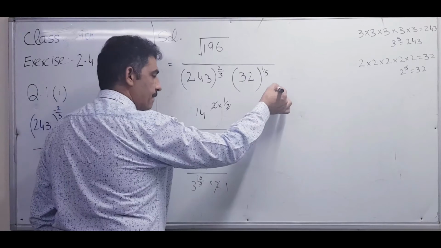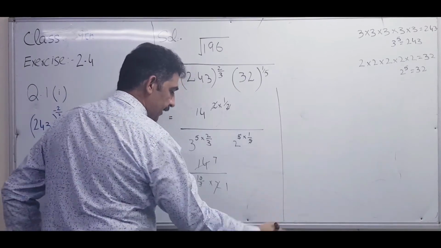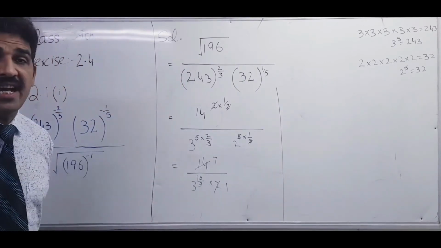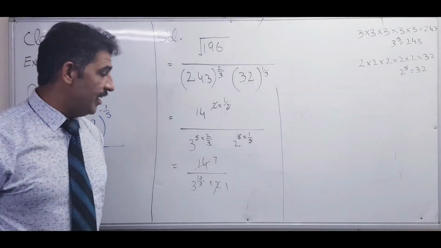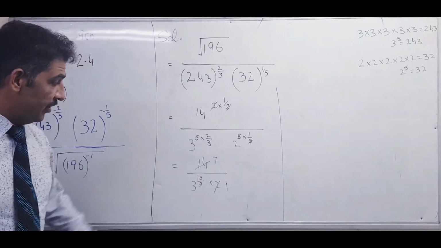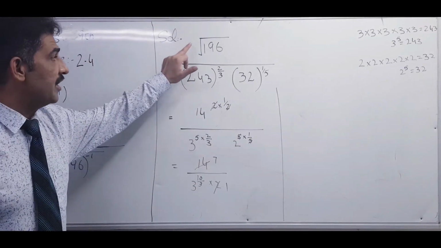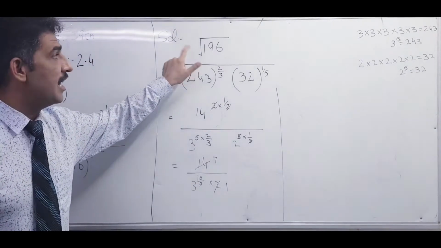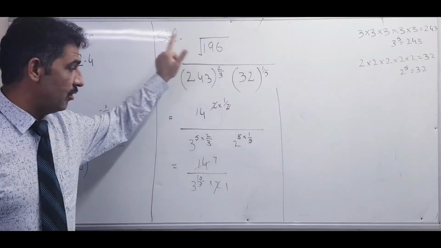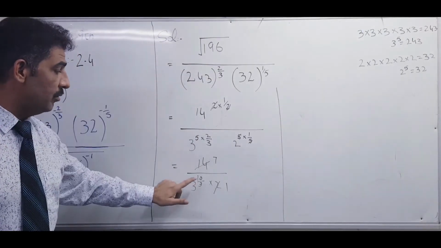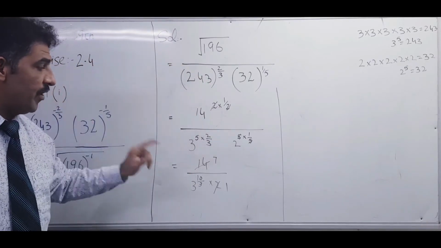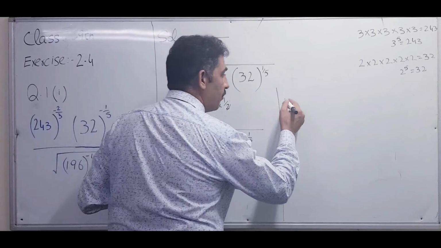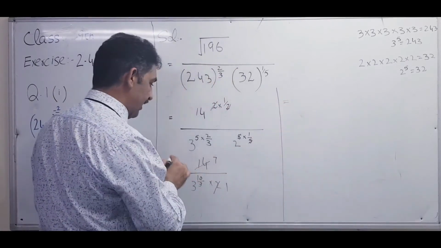After that, we have to solve this 3 exponent 10 over 3. This I told you before, if there is nothing written here, its value is equal to 1 over 2. But if something is written here, its value is 1 over 3. This step is very important and conceptual. Try to understand it here.